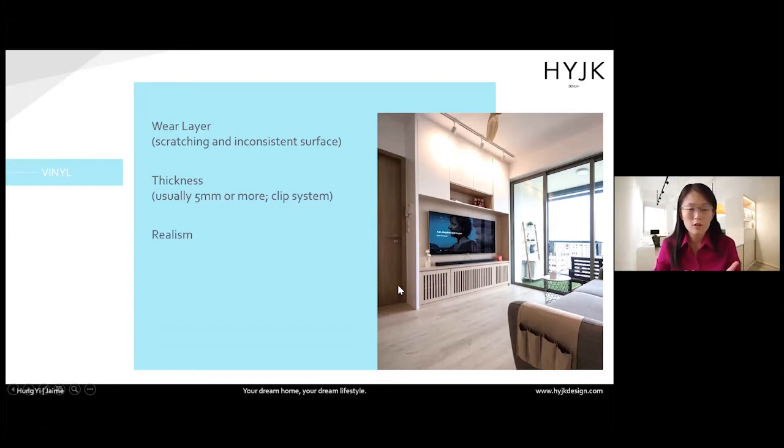You can also look at the realism. You can touch it. The premium ones will feel more like wood, will have a texture, and will not feel so plasticky. And of course, with that comes slip resistance, because the plasticky, rubbery ones are usually more slippery.